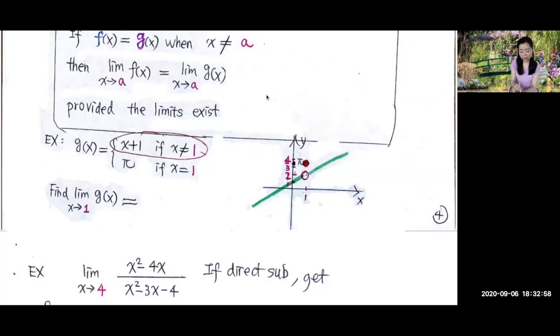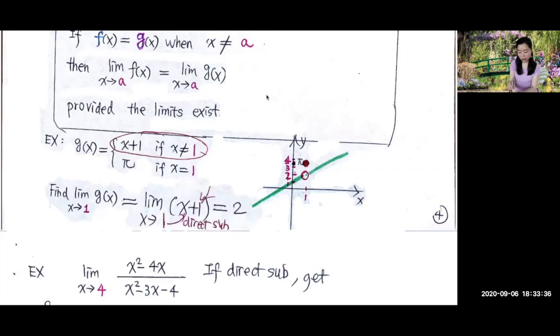Now to find the limit of g of x as x approaches 1, we go along the curve when x approaches 1 from the left side. Well, we see the function is approaching 2, the y value going closer and closer to 2. What about on the right side? When x approaches 1 from the right side, the function value also gets closer and closer to 2. So this two-sided limit here will be equal to 2,